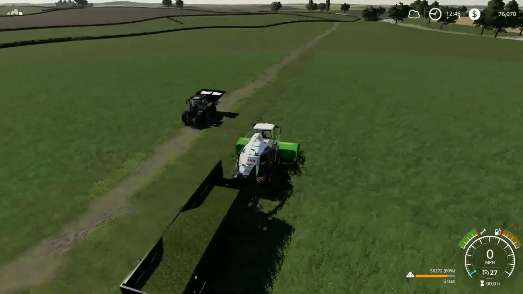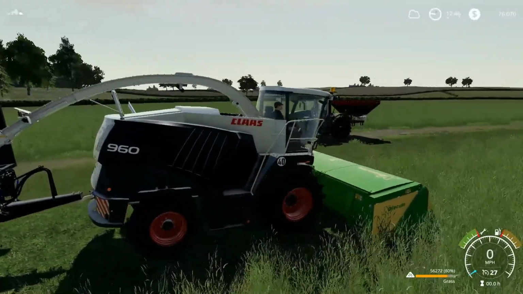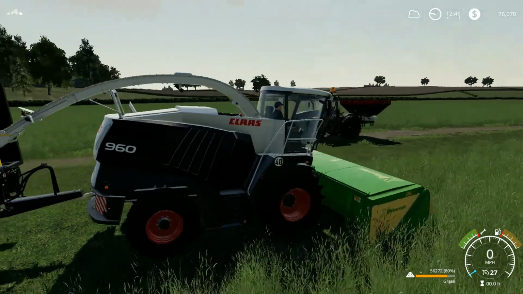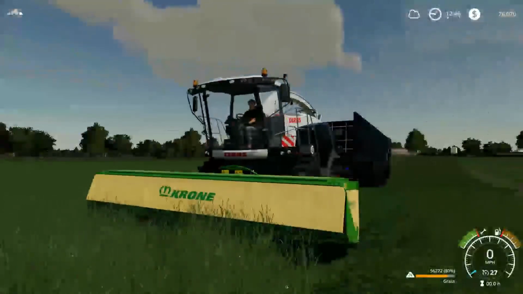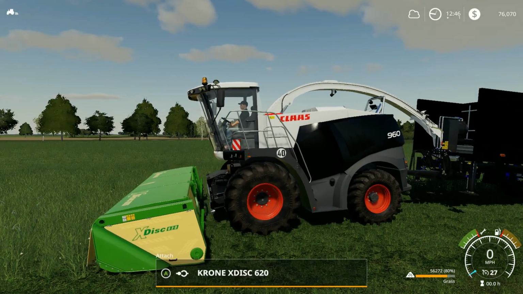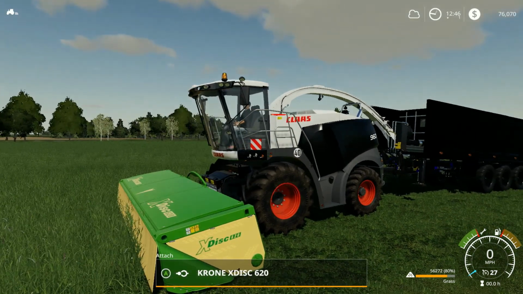But I did buy this. This is the Claas Jaguar. I did go for a little bit higher horsepower just so it could pull the trailer. This is the 690. And this is a header that has the adjustment tool on it so we can go fast as well. Now, if you plan on doing this as well, the only thing I can say is most harvesters, forage harvesters especially,